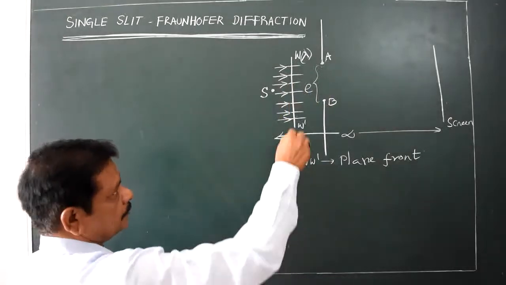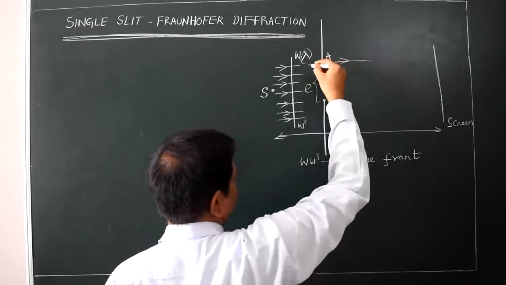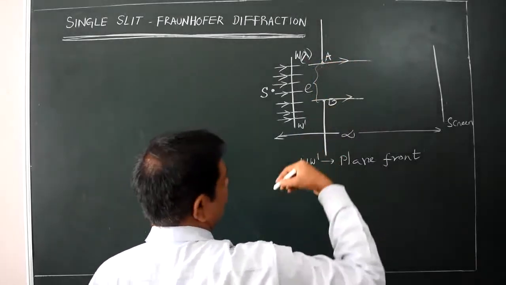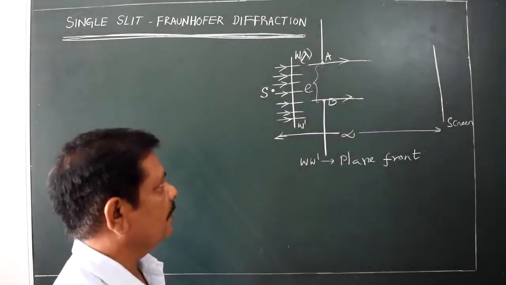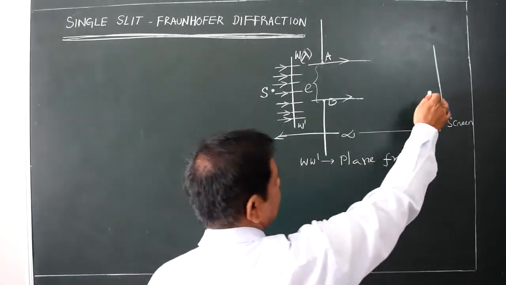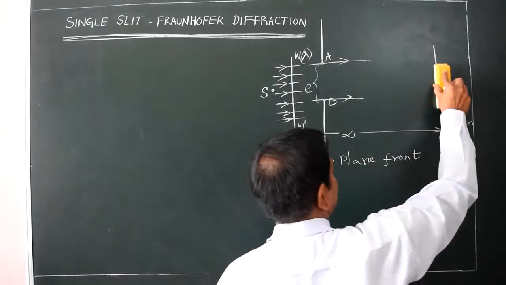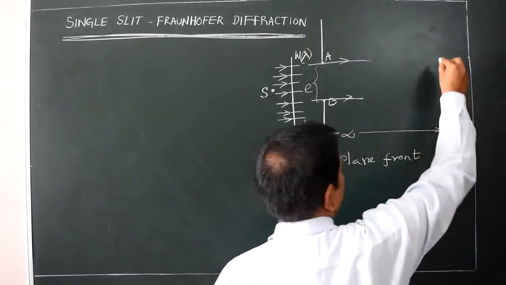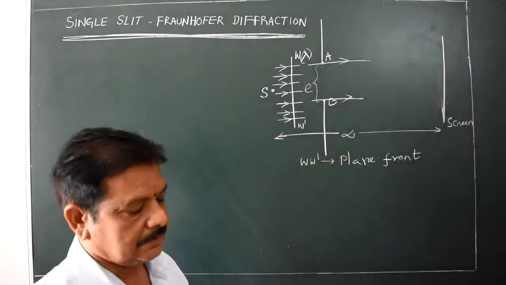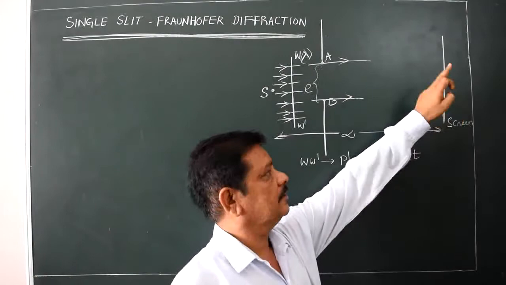Now the light from the source is passing through the slit at the two edges A and B and traverses towards the screen. But the light which is reaching the screen cannot have an image point. Why? The light is a parallel light, so we have no image point on the screen.